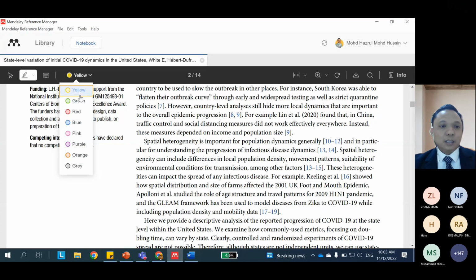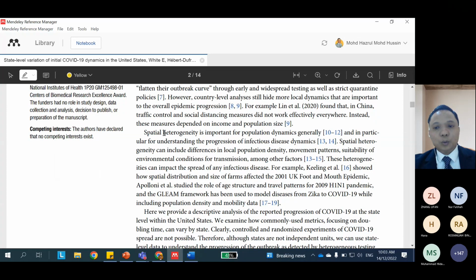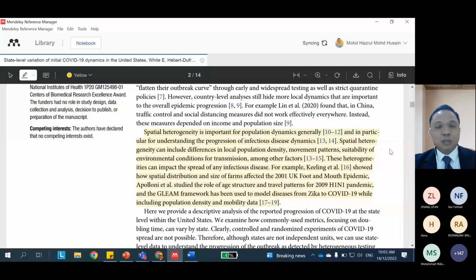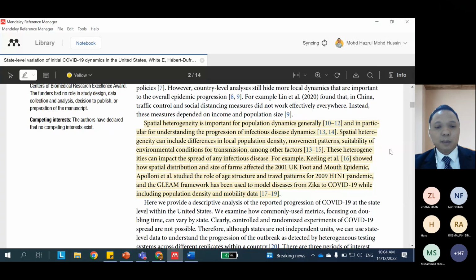So let's say currently I'm using yellow. So you just choose the statement that you think is important, let's say up to here, or maybe the whole paragraph. It can be anything. Once you have highlighted that particular statement, don't just leave it like that. This is not an exam note where you can remember why you highlighted that particular statement in the